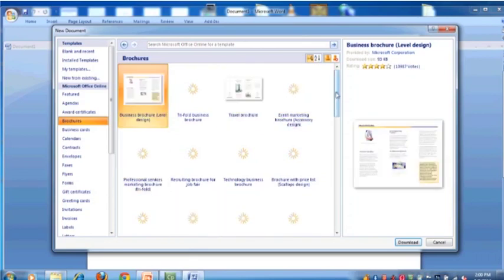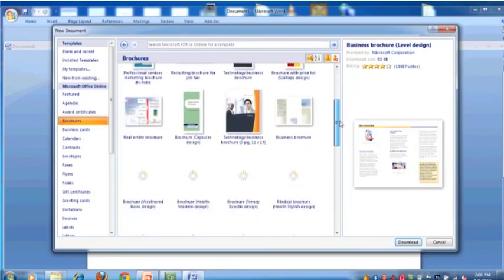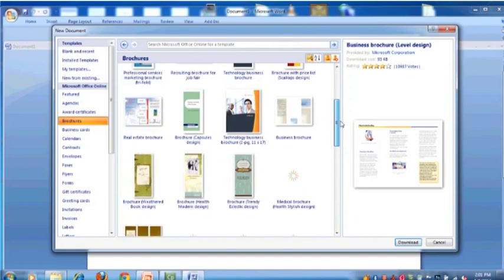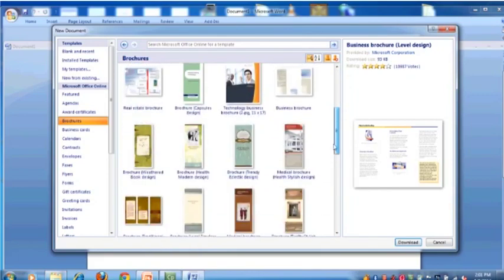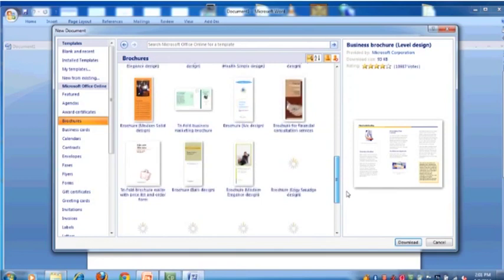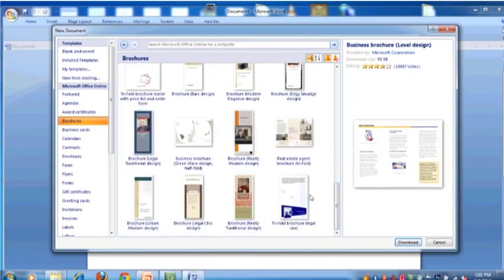As this slide is taking a lot of time to buffer, there's a variety of brochures coming: business, technology, medical brochures, trendy brochures, health brochures, any style of brochure that you might like to select for your presentation. You may pick that up, anything that appeals to you.